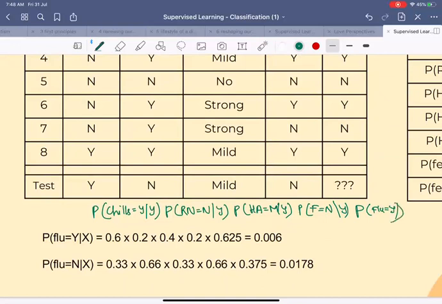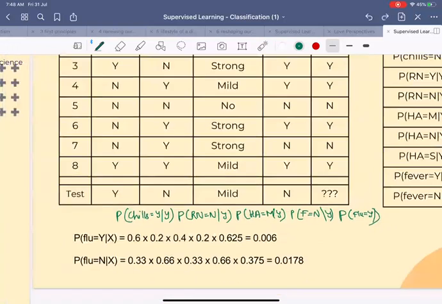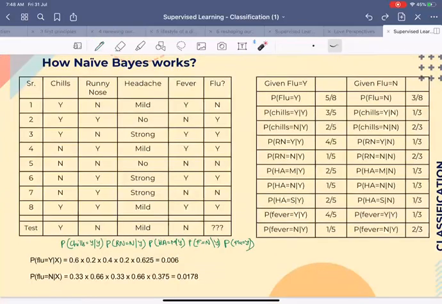So this would be a numerator, right? We'll evaluate this for yes, that is someone having flu, and then we'll evaluate the same thing for no, for someone not having flu. Now, in our first case, probability of chills yes, given yes. So we are going for this one. 3 by 5 is 0.6. Runny nose no, given yes. So runny nose no is 1 by 5, which is 0.2. Mild headache given yes, 2 by 5, which is